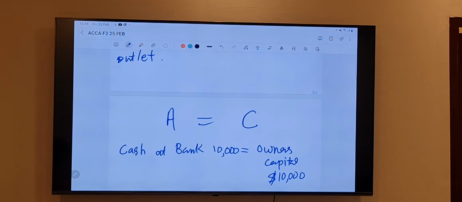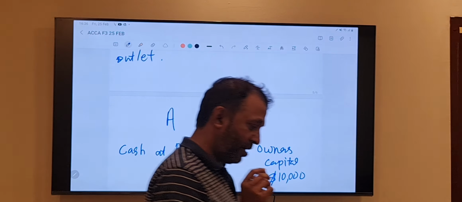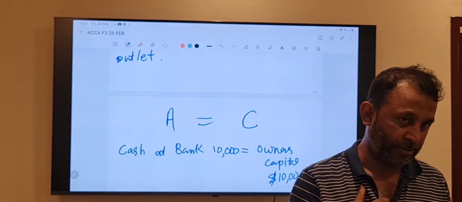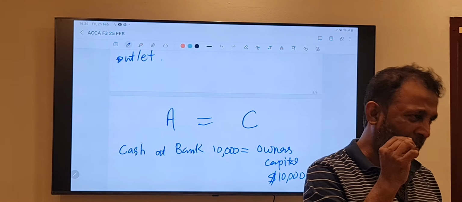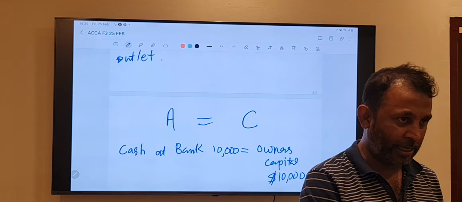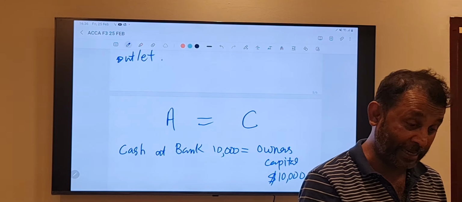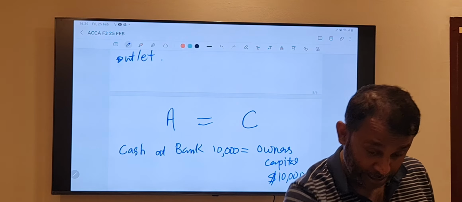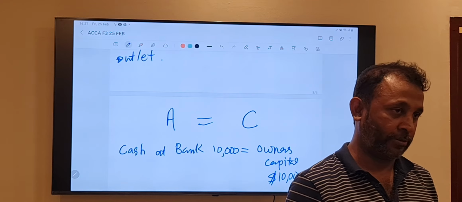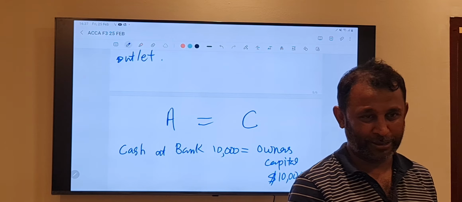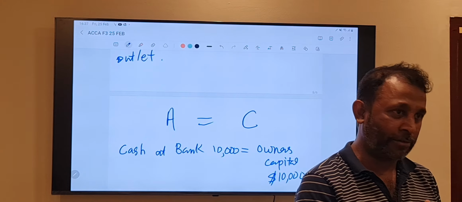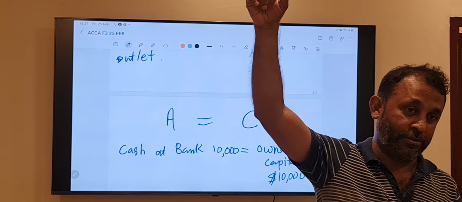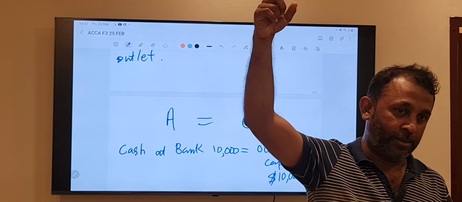By the way, there is a book written by a person called Frank Wood. A basic accounting book. I have the PDF with me. I can share with you all when you have free time. If you want to understand the accounting from the grassroots, this is a very good book. But this is not ACCA syllabus. That's a common book. Maybe 700 pages. Starting with 0, it will go up to 1000.